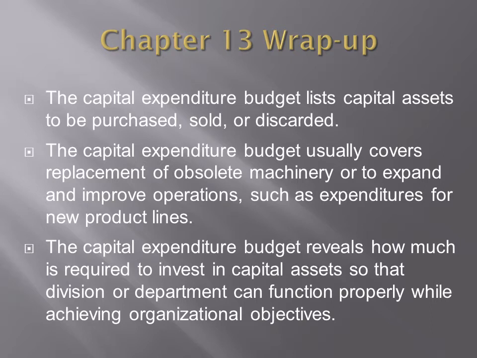Now, as a wrap up, capital expenditures are assets that can be purchased, sold, or discarded. In the example that I mentioned earlier of the stadium that Mercer's building, it's very difficult to sell or discard something that you're building on your campus. However, that also can be reallocated for a different use if it didn't add the value as expected. So those are some of the things that you can do with a capital expenditure.